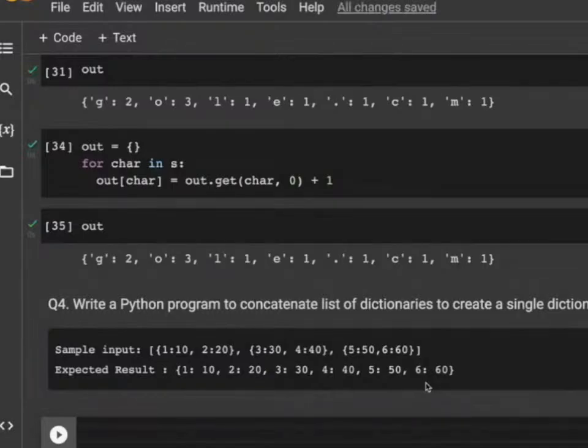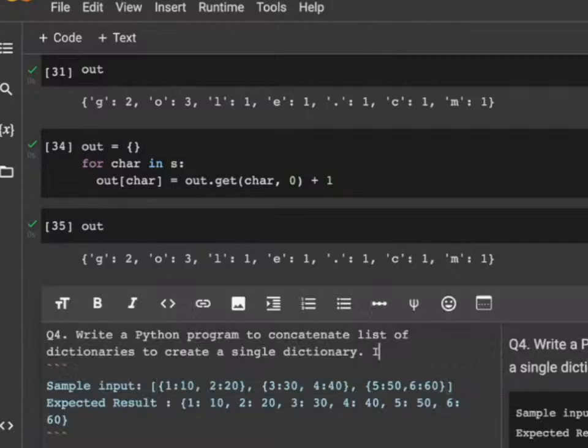Alright, so the next question is that we want to concatenate a list of dictionaries to create a single dictionary. This question is simple if there are no overlapping keys, as in the example. In the example, you're not seeing any keys that are overlapping. But what if there are overlapping keys, and what if the question says that if there are overlapping